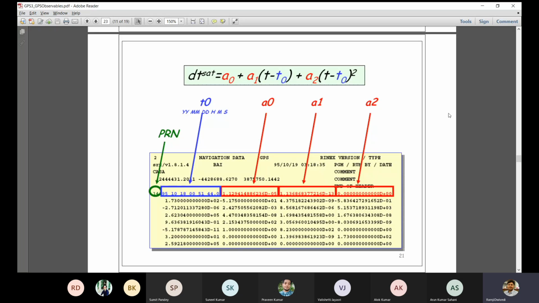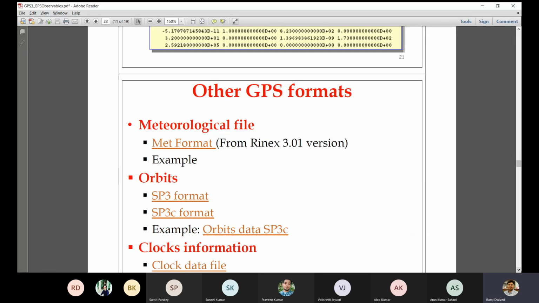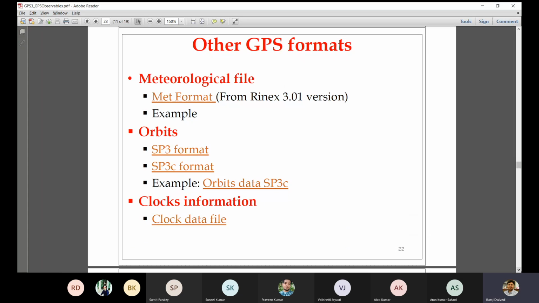of this navigation file. The other formats that are equally important include the meteorological file, which is called MET format. Whenever you establish a GPS receiver at any location on the globe and collect data for, let's say, 1 day, there will be a RINEX file available to you, but it will have 3 sub files. In one single folder, you have 3 sub files. One is called the observation file, another is the navigation file, and the third is called the MET file. They have their extensions as